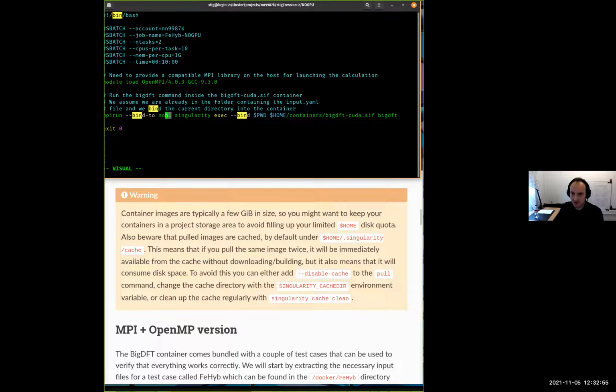So you can see mpirun on the Singularity exec command. So that's the first thing. Then we bind the current directory, because here are all the input files, so that BigDFT finds the input files when you run. And then the path to the container, which is not this. I will just write the full path,